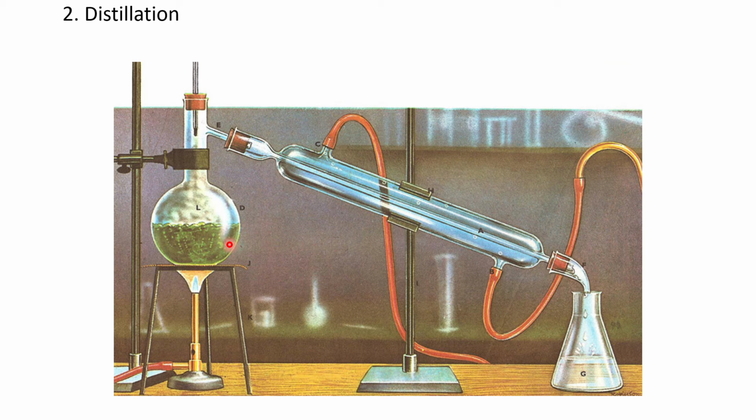So water containing dissolved impurities is heated. So this is the water. This is not pure enough. This is impure. So if we want to make it pure, we would be using this apparatus. So when I would be heating this, what happens is the water evaporates and it moves down to this. This is the condenser. This condenser is known as Liebig's condenser.